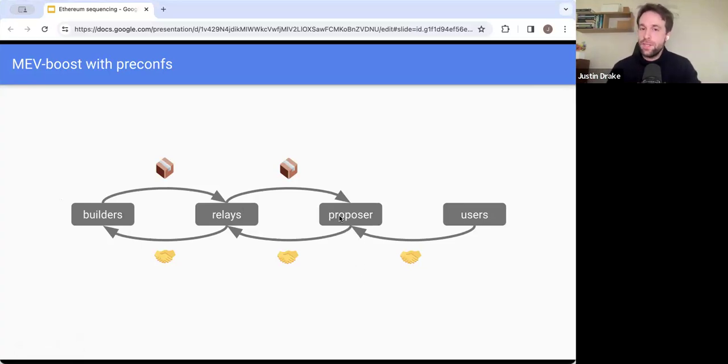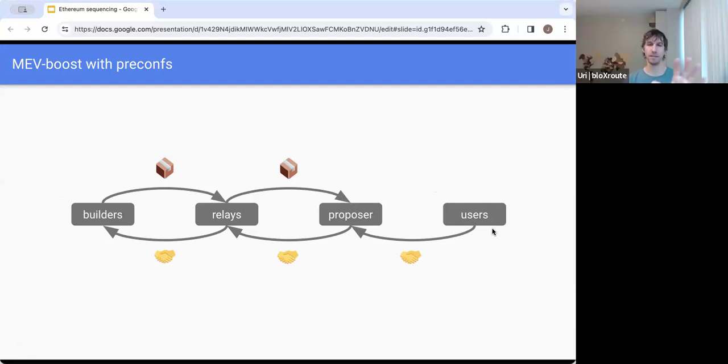Normally, inclusion lists originate from the proposer. The proposer observes the mempool and then builds the inclusion list from that. Here it's slightly different. The quote-unquote inclusion list is built from the users ultimately. Okay, but at least by this diagram, it should follow the same line: the proposer somehow tells the builder because it wanted to get included. Yeah.